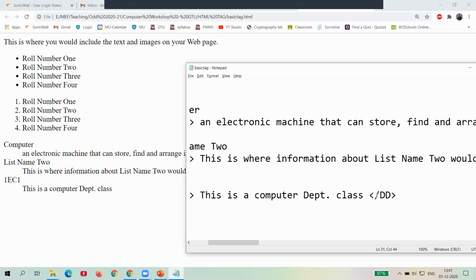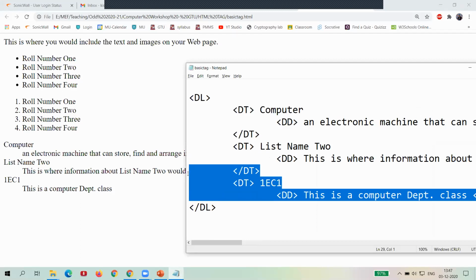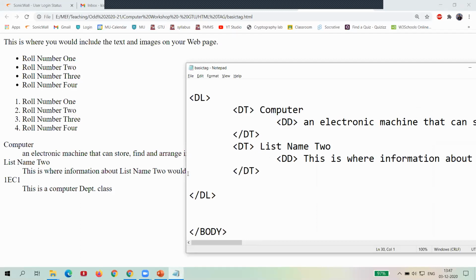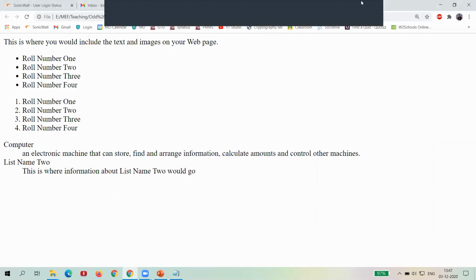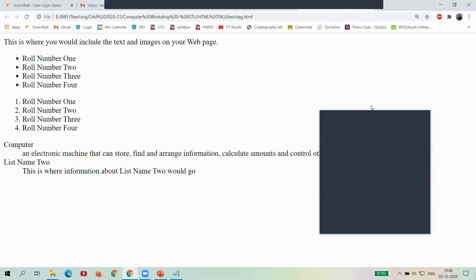So let's continue with another tag. No, Subham, that is not possible because it looks like the same output. If you use a DD inside a DD, again inside a DD, it has the same level and same meaning. So it does not bifurcate the output hierarchy.